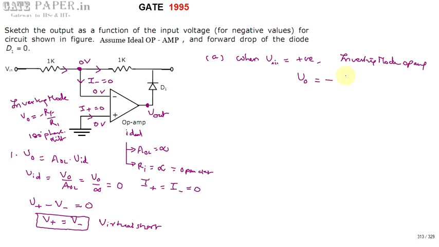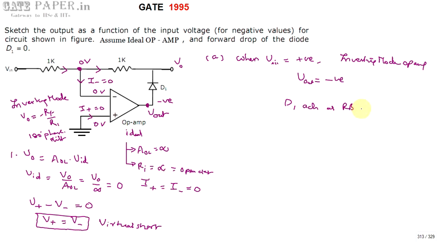V out is negative. So V out is negative is nothing but this point. You are going to get the polarity as negative. For this negative, the diode is connected with the negative terminal and the positive is connecting towards ground, that is 0 volts. For this diode, the N side is connecting towards 0 volts and the P side is connecting towards negative voltage. That is, the N side is more positive than the P side, or the P side is less positive than the N side. So the diode D1 acts as reverse bias.